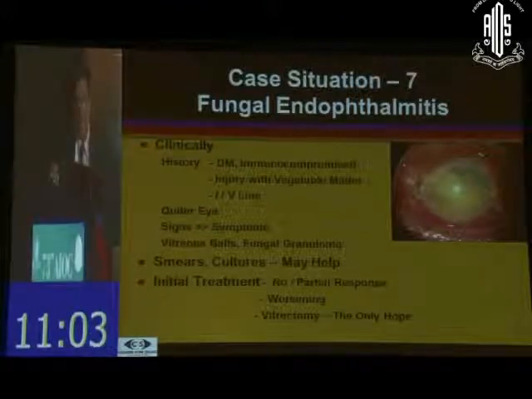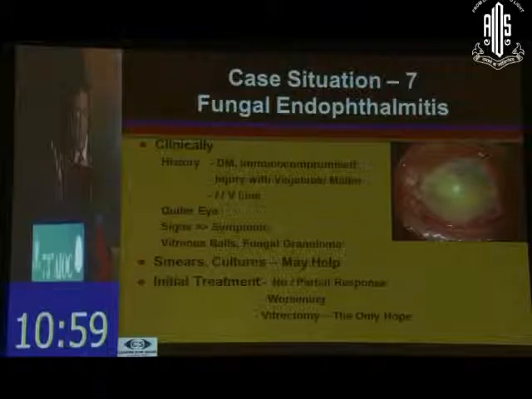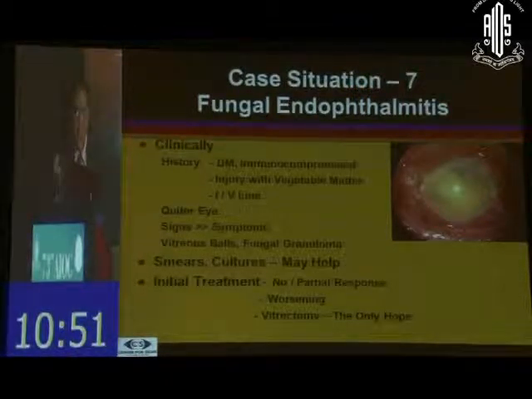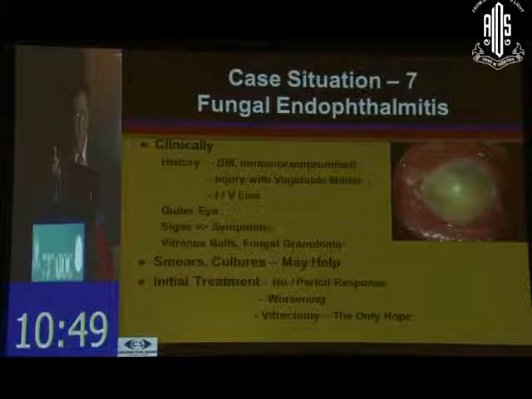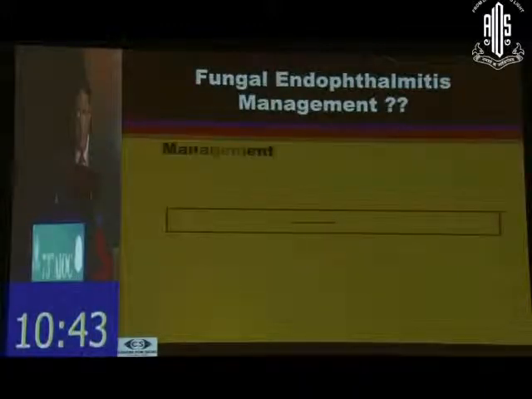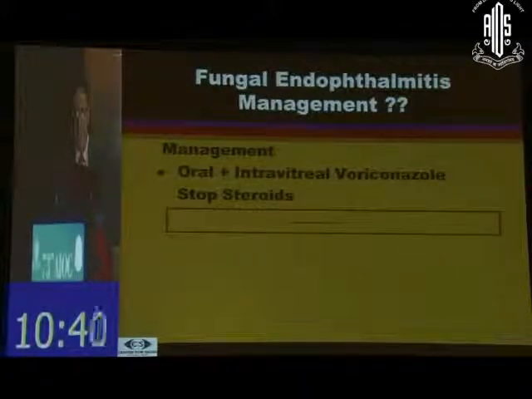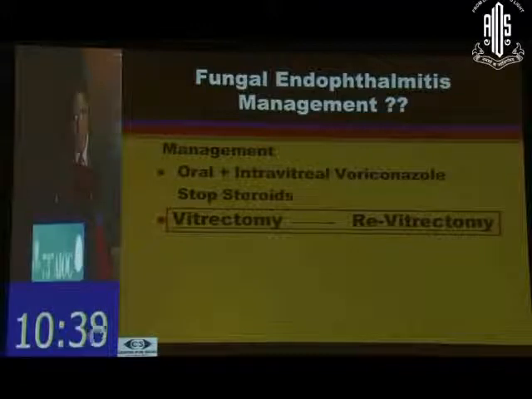How do we suspect fungal endophthalmitis? Either clinically, by seeing signs, or it's a quiet eye, or the first intravitreal injection has not worked, then we start thinking it could be fungal, or the smear or KOH has made us wiser. Then we take up this patient for vitreous surgery. Although we do try intravitreal voriconazole, by and large, as I said, severe patients of fungal endophthalmitis do require vitreous surgery.